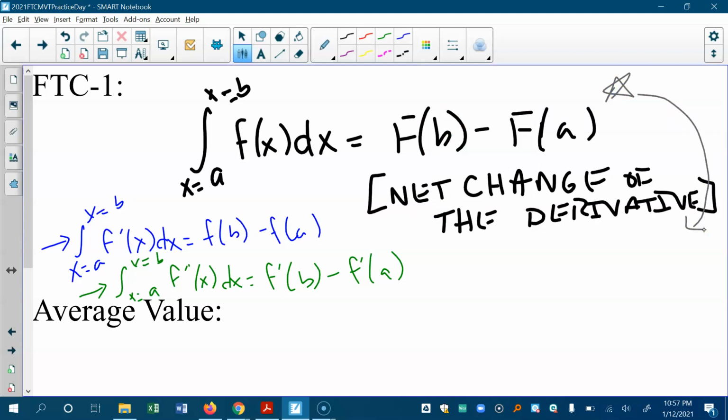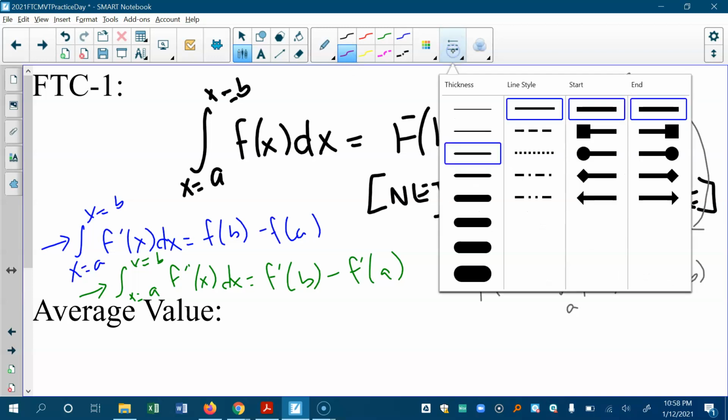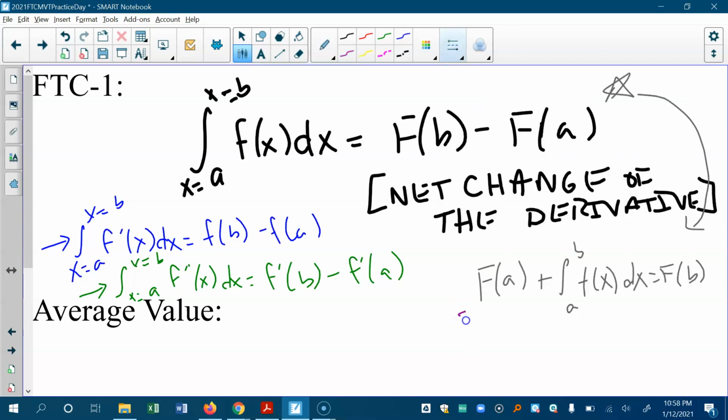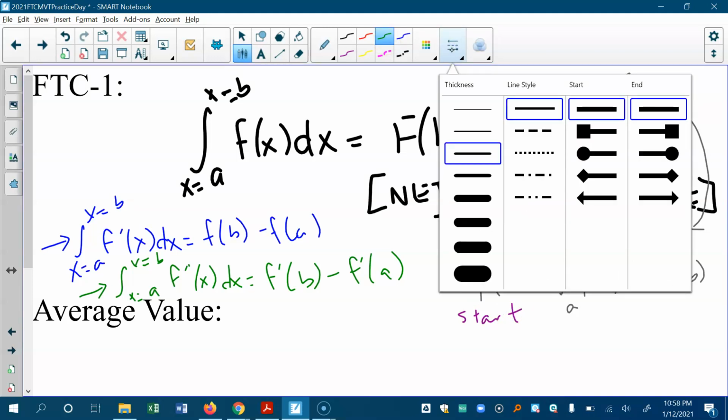We could add the f of a over to the other side and have f of a plus the integral from a to b of f of x dx equal big F of b. This is a powerful equation because it says that there is some start value, some initial condition,